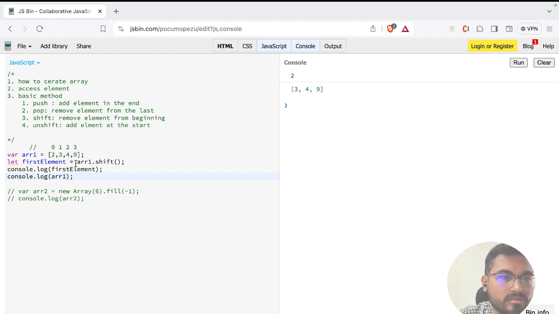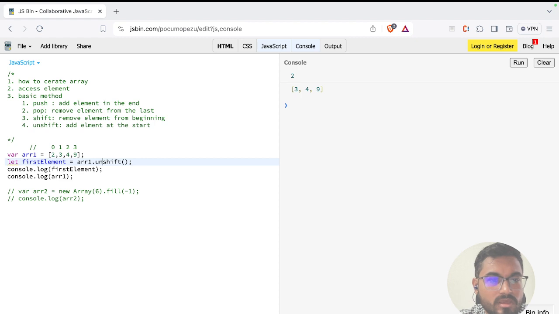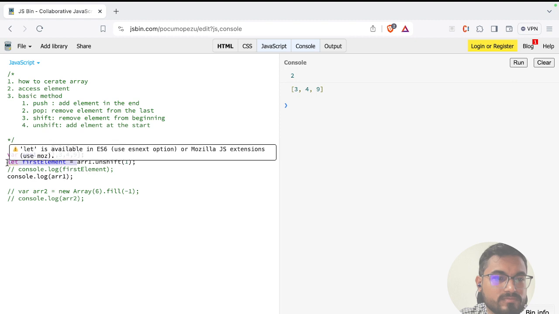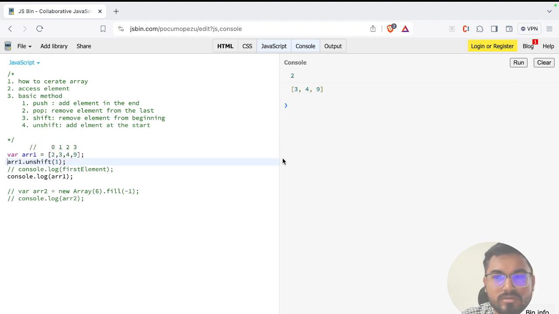Let's say we want to add an element at the beginning, so we will use unshift. Let's say we want to add 1 first. So what we can do is write it like this. Let's run. Yeah,